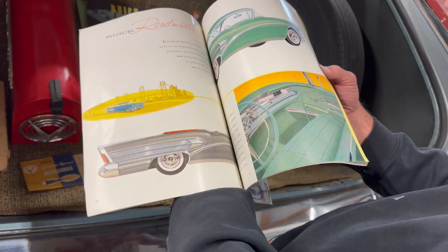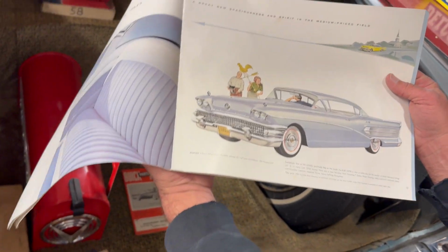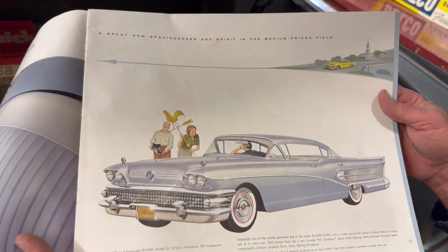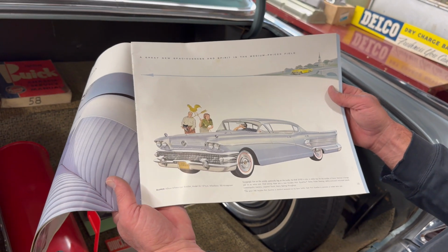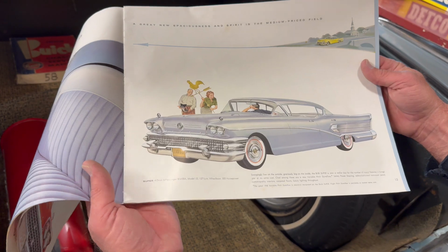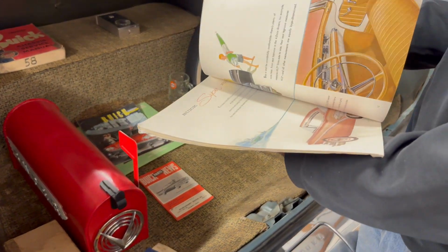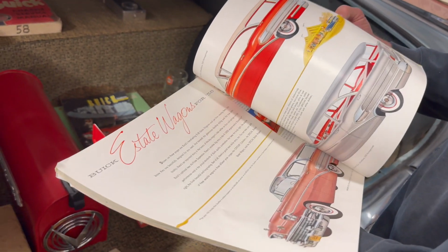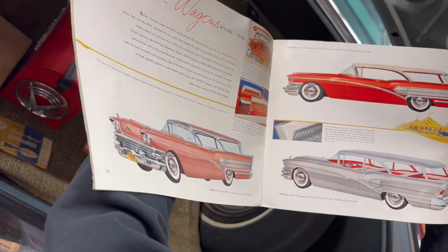The colors, the drawings. In fact, there's our '58 Super right there. Same model, same body style. The '58 Super 4-door hardtop. So let's see what else is in here. Obviously, it's going to show us the cars of all these different models, including the wagons and the amazing '58